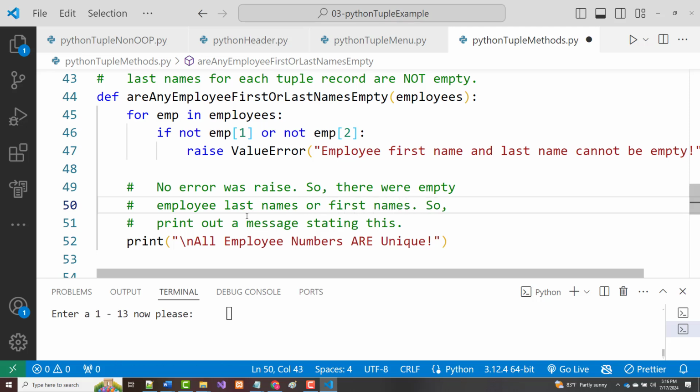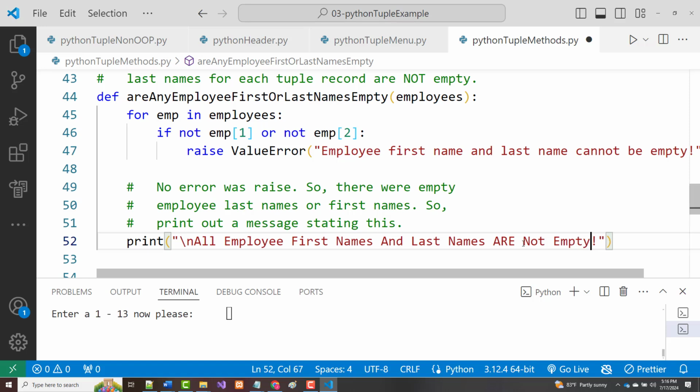Again, we'll print out a message stating this. All right. So we'll say all employee first names and last names are